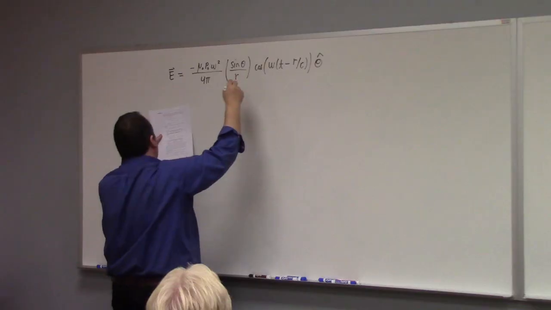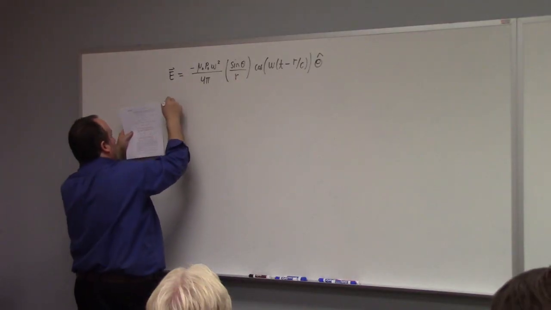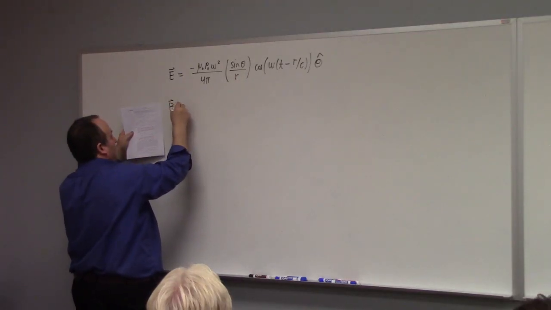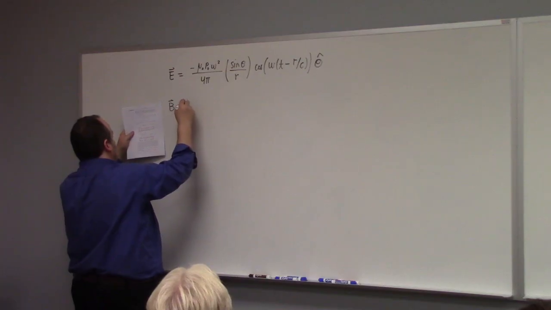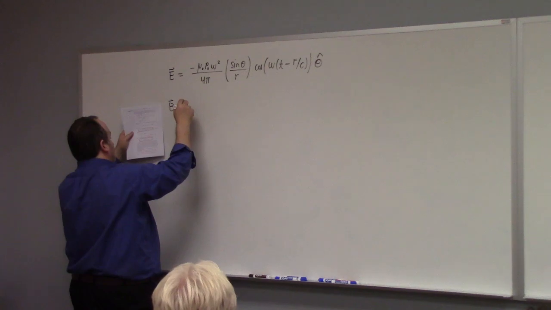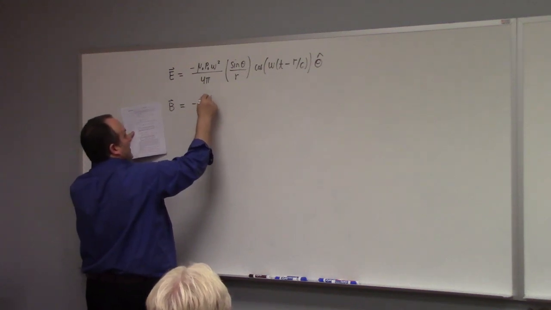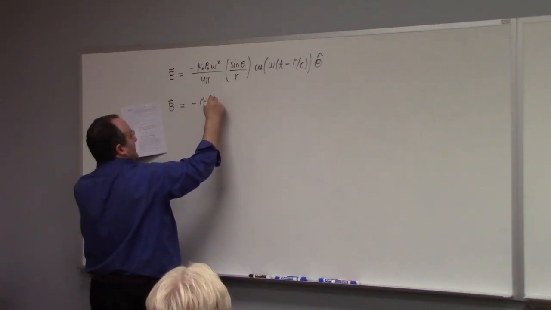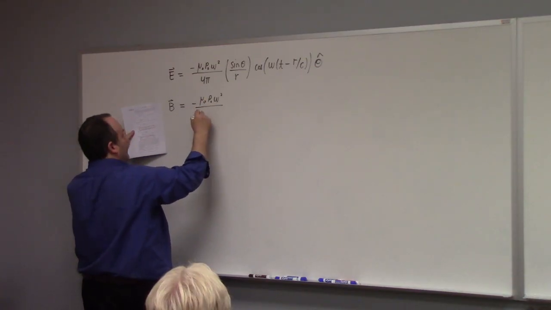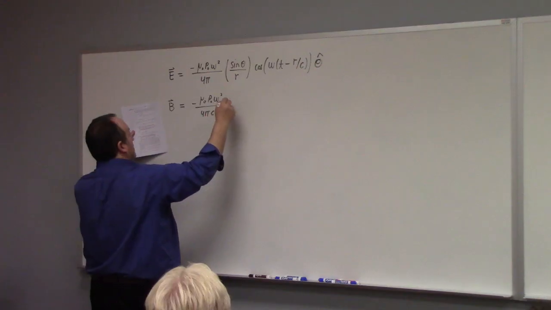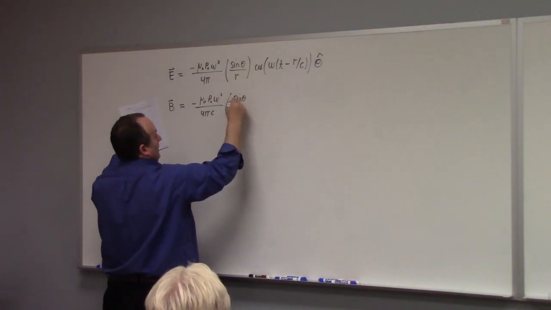This is the electric and magnetic fields. I think these are just the radiation fields, technically. Here we've got minus mu naught p naught omega squared divided by 4 pi c, sine theta over r,